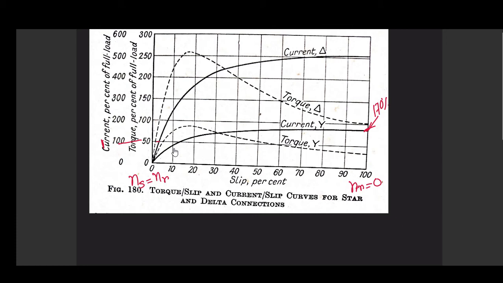And this diagram also indicates a very interesting fact that in star connected stator, you reach something like S equal to 0.15, above which you are having current that is greater than this